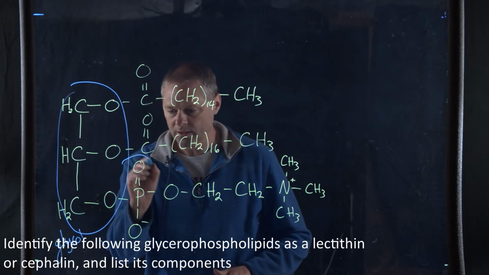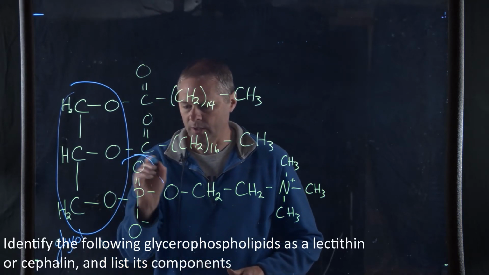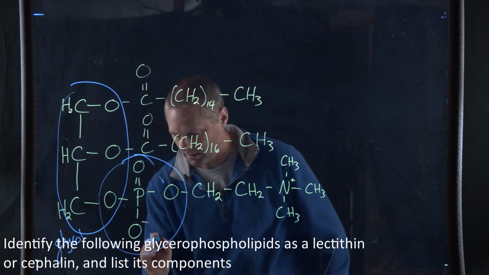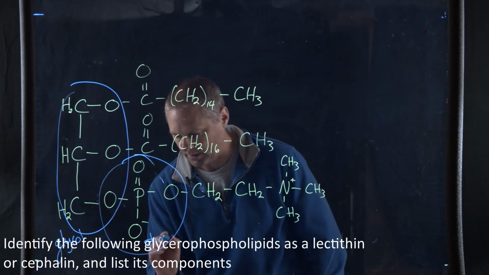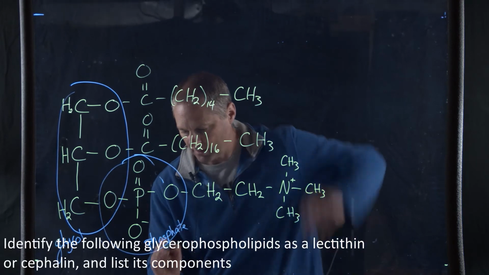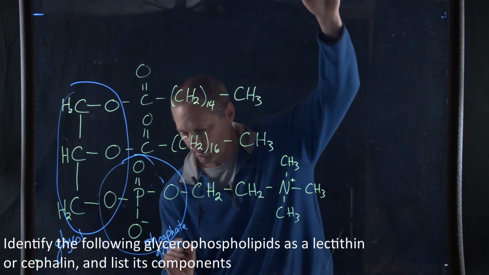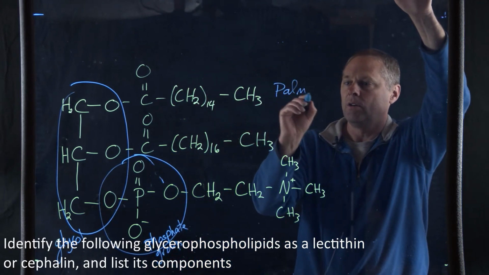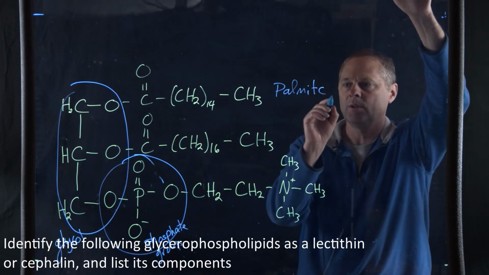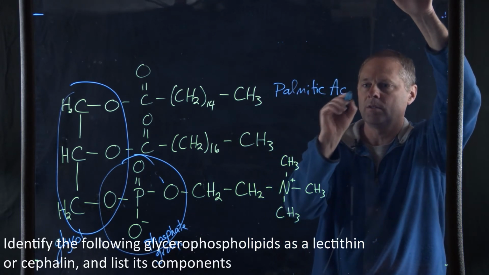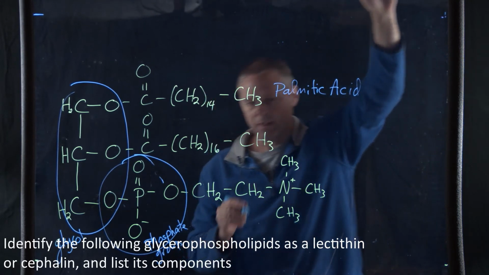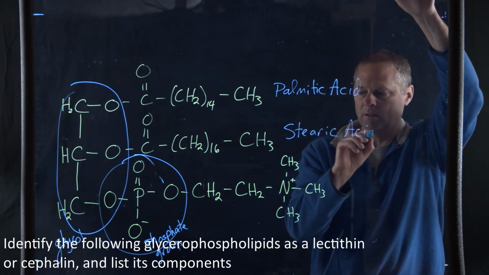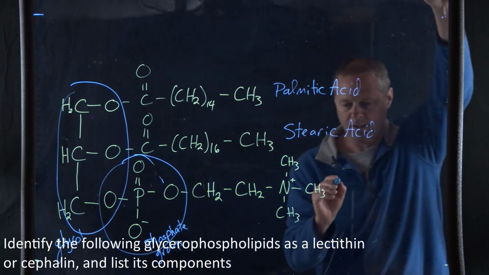Now this, oops, I need to circle the oxygens. This is going to be the phosphate group. Having a hard time spelling tonight. So that's the phosphate group. This is palmitic acid. This is stearic acid. And this one down here is going to be